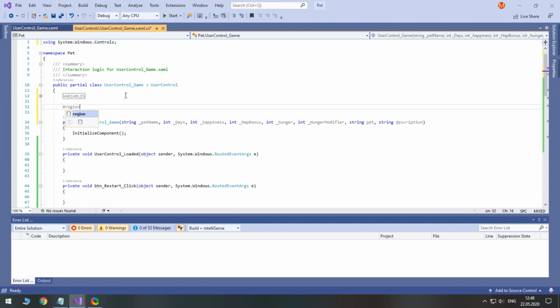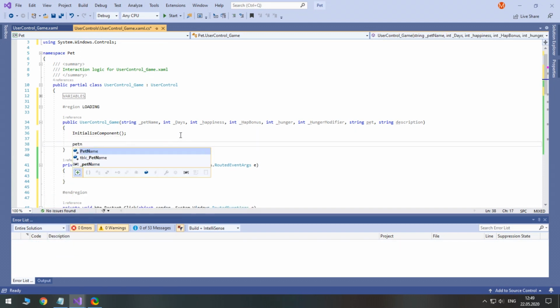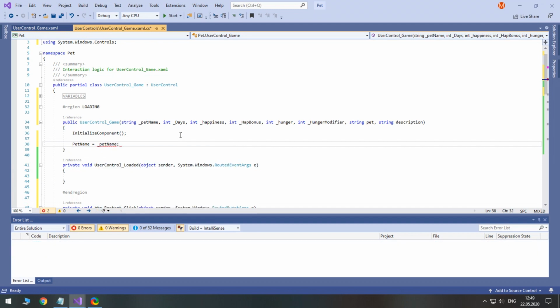Let's create a region for the constructor and loaded event. In the constructor, we need to assign these user controls variables to the parameters passed from user control select pet.